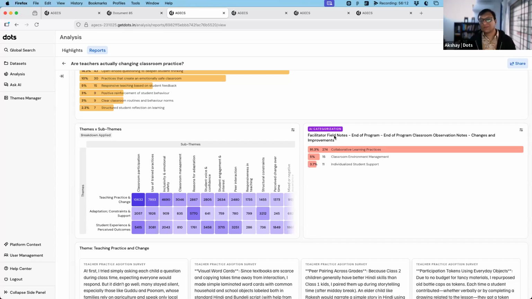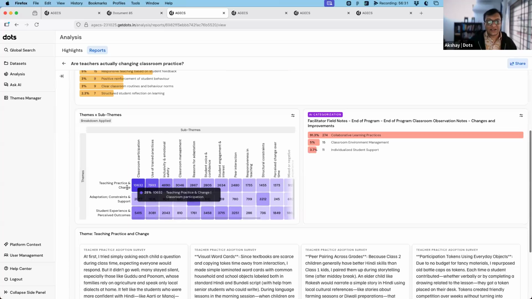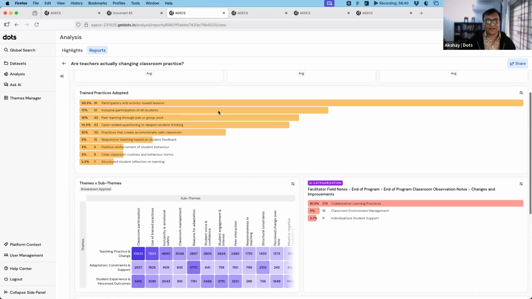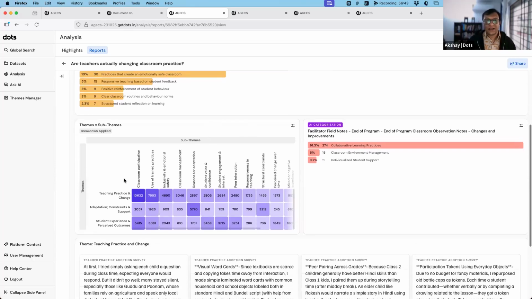Now, this is not something that they've tagged as drop downs. Essentially, these are responses that are open ended, and the system has then categorized them to understand broadly what has been done. On the other hand, what we see in terms of teaching practice and change, classroom participation, we saw even this one talk about collaborative learning practices, participatory and activity based lessons across our different qualitative data sets. This shows a count of the number of times classroom participation was mentioned in the qualitative